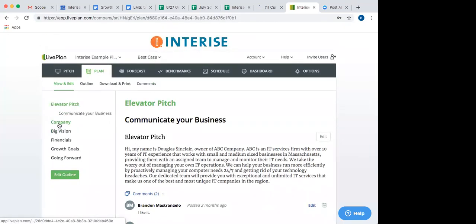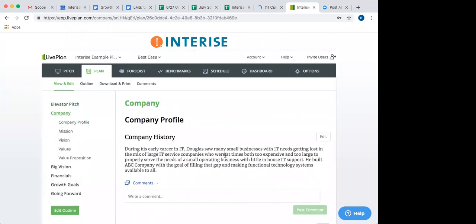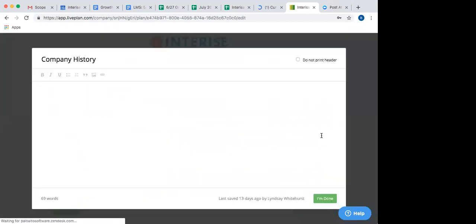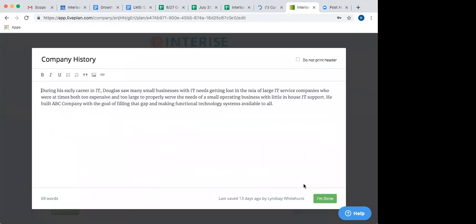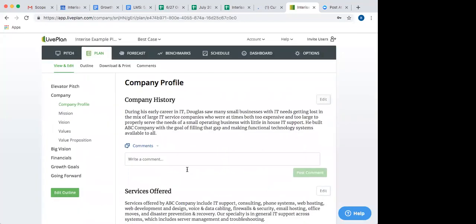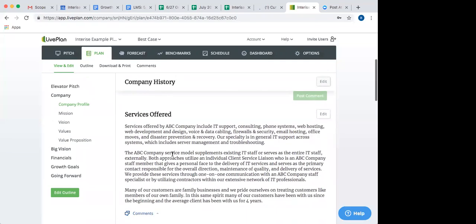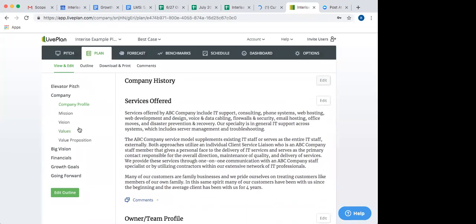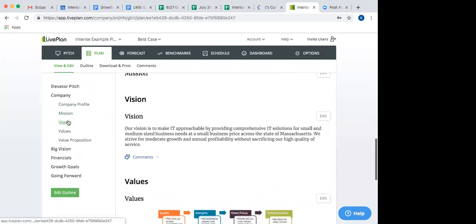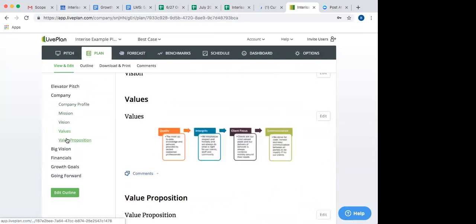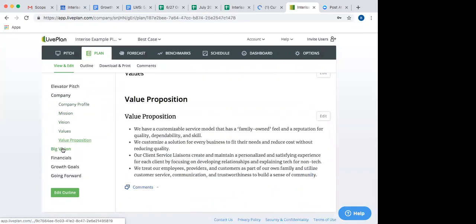And again, you would just go through each section. So you do your elevator pitch, and then you'd come down, you'd fill out your company profile. So again, you'd hit the edit button, you'd type in your company profile, you'd click I'm done. Again, you can comment on any section of the plan, and you just work your way down. Your services offered, your mission, vision, values, your value prop, and you just work your way through completing all of these areas.